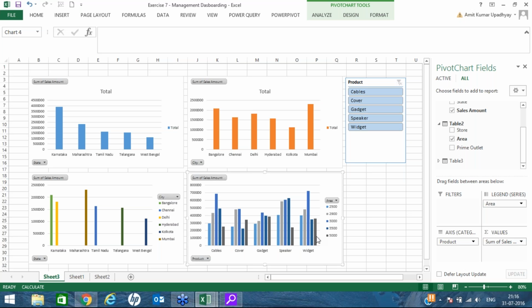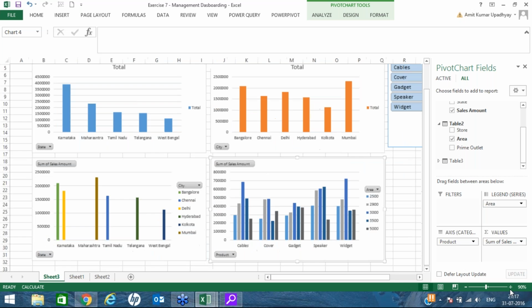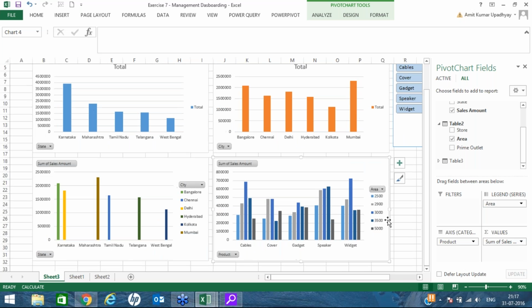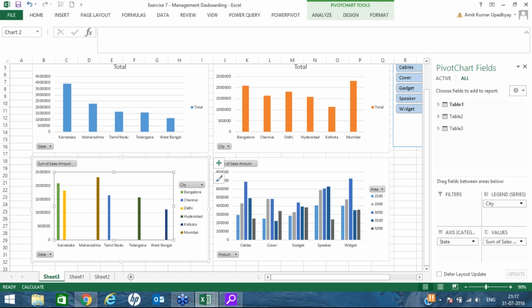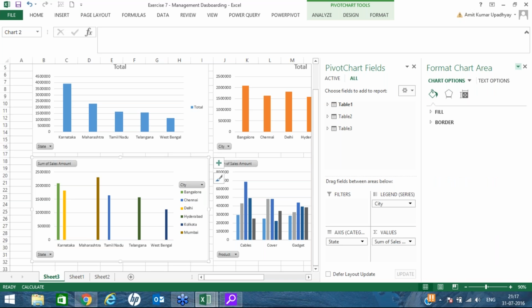And the moment I do that, I get a view of the square feet area of the store and the product that's being sold, and I can actually zoom in on that a little bit, right? So I can see for each of the different stores in terms of square feet area, which product is achieving how much sales. So that becomes far easier for me to interpret now without a VLOOKUP by just using this dashboard. Now if I go back to this second graph over here,